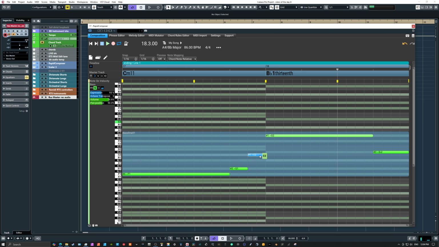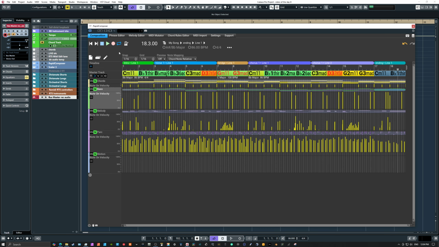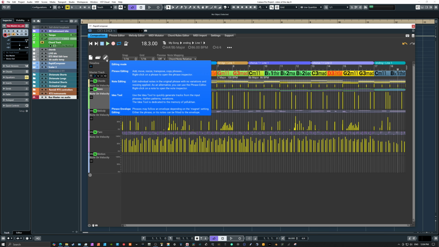Decide if I like it or not, and I may want to move it down. Whatever the case, you do your editing, but you're able to hear it repeatedly. Then I double click and I'm back out to the overview and say now I want to do something with the piano. I double click over here, and because we're in edit mode, or I should say note editing mode,